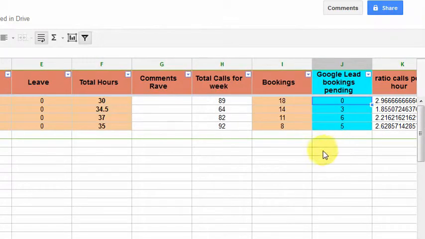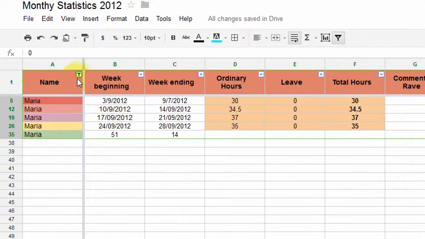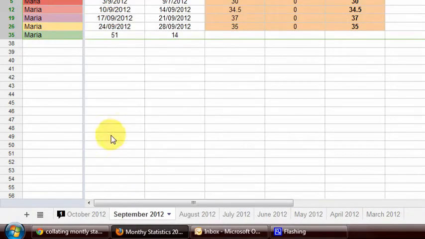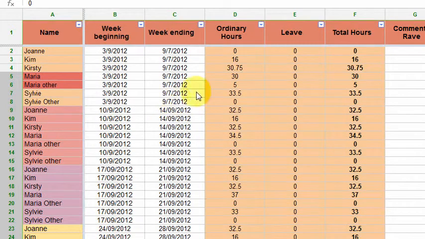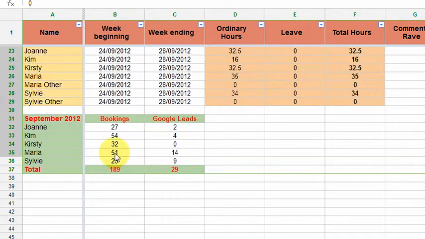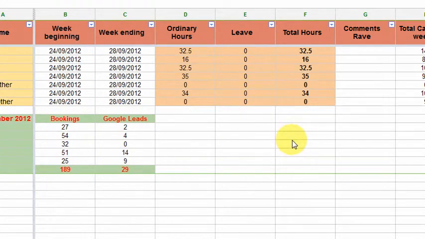Use your scroll wheel to make sure you select all the items. Click on the first item, drag down, a total of 51 bookings. Click on there, scroll down, 14 leads. So go back to the filter, select all, OK, and that will restore the spreadsheet so that all the items are showing. So for Maria, there are 51 bookings and 14 leads, and that's how you collate all the monthly